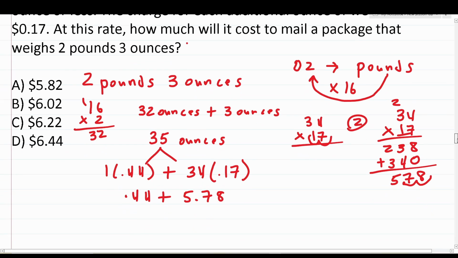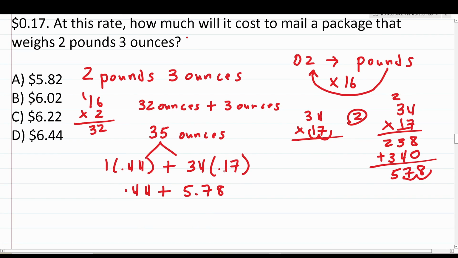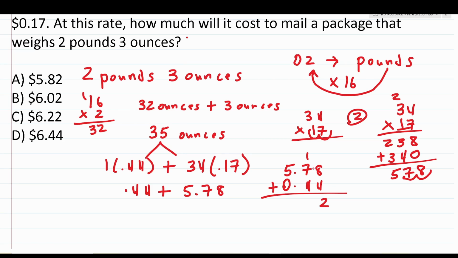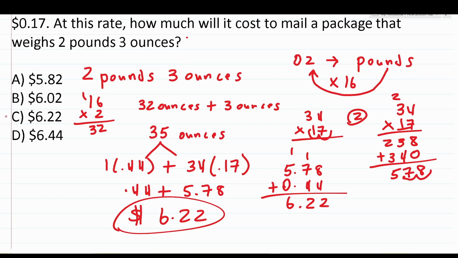And so as not to make a mistake here, I'm going to work this off to the side. We have 578 plus 0.44. If it's helpful, you can add a 0 placeholder there. 4 plus 8, that's 8, 9, 10, 11, 12. Bring down a 2, carry a 1. 7 plus 4 is 11, plus 1 is 12. Bring down a 2, carry a 1. Drop down our decimal in place. 5 plus 1 is 6. So to mail this package that weighs 2 pounds and 3 ounces, it's going to cost C